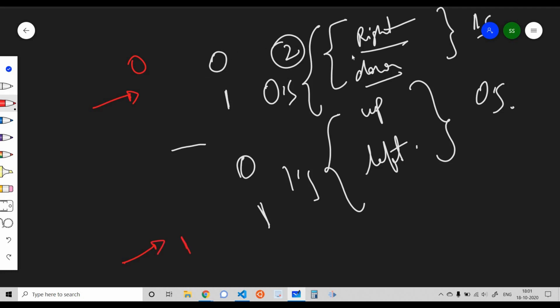Then I'll check one by one. I'll check right, as I want to convert these 2 points into zeros. I'll check if right is 0 or 1. I see it is 0, so I do not need to change this particular cell. Then I check down. I see the value of down is 1, so I invert this. Now it becomes 0.